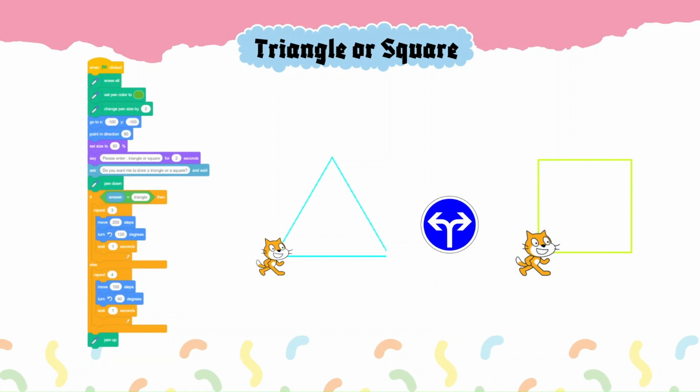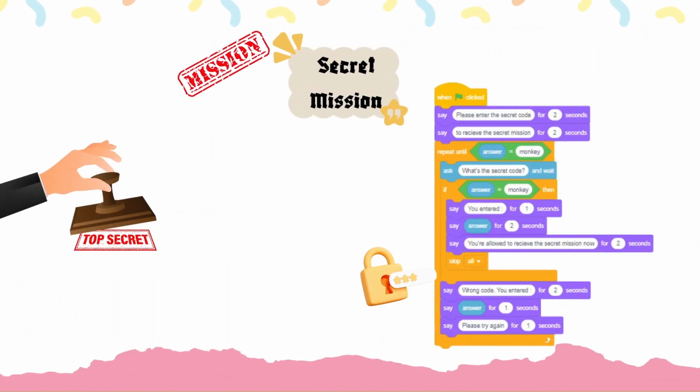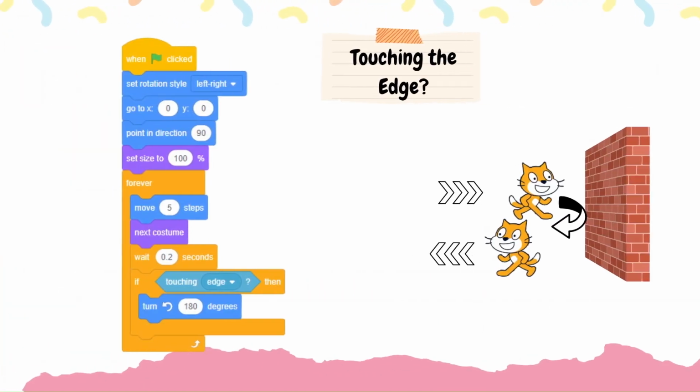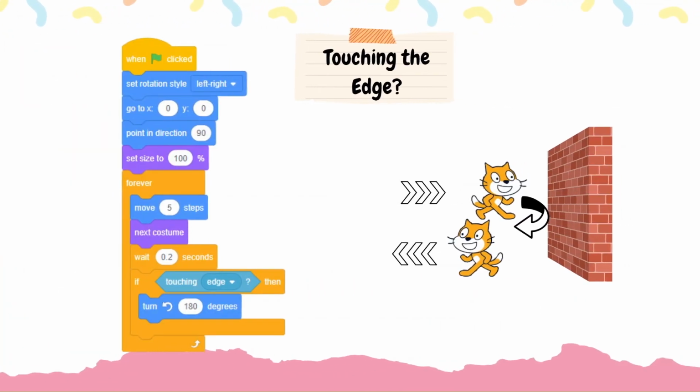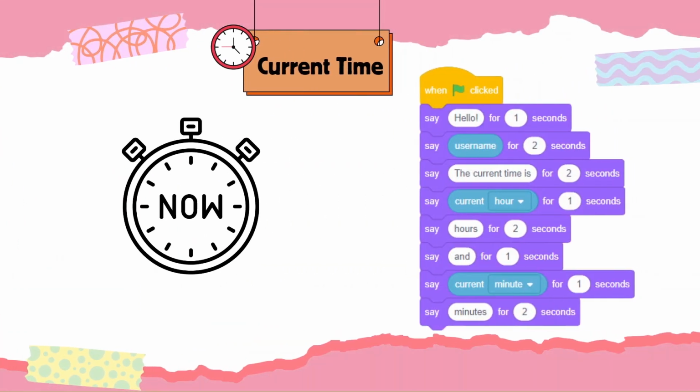Once we meet in our next video, I'll do them. Now there's a secret mission as well that we are going to continue in our next video. Soon we will try different code blocks, such as touching the edge. As soon as Scratchy touches the edge, it will return back. We can do it directly as well, but this code is also helpful. Now here comes our current time. We can even ask what the correct time is, and it will tell us the correct time. All these code blocks we are going to cover in our next video.